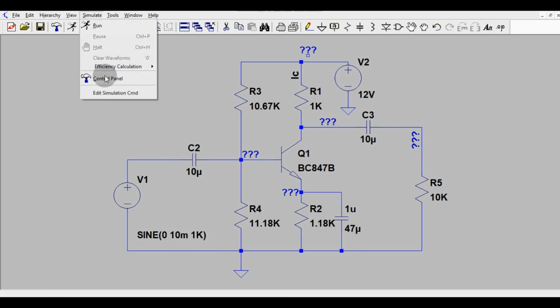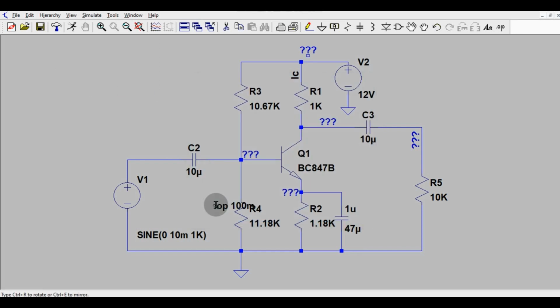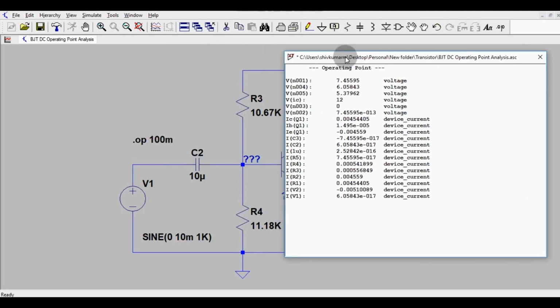Now I will run the DC operating point analysis. Go to simulate, edit simulation command, go to DC operating point, and you have to set some time here, like 100 millisecond. You can place it anywhere in the circuit. Now you have to run the simulation. Go to this button, run the simulation,